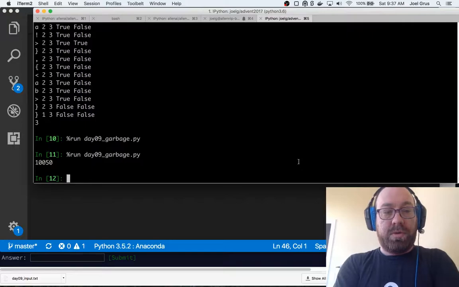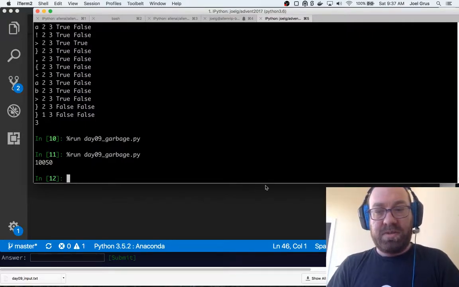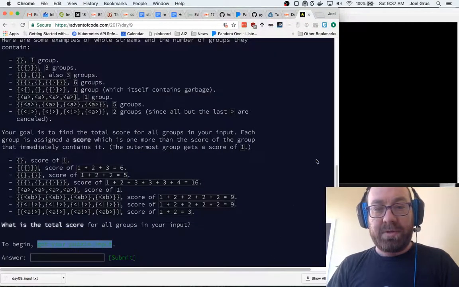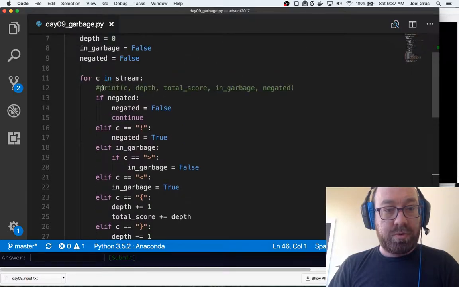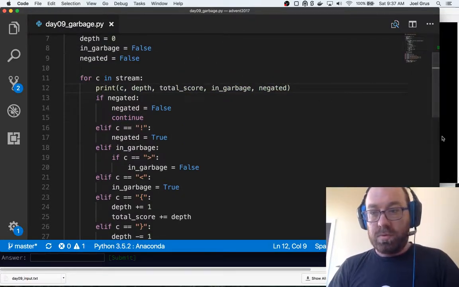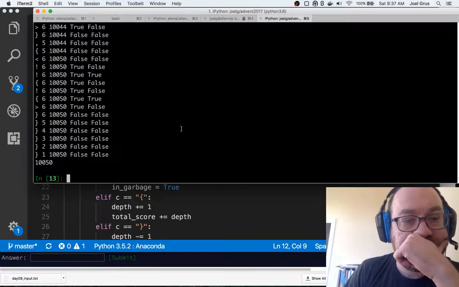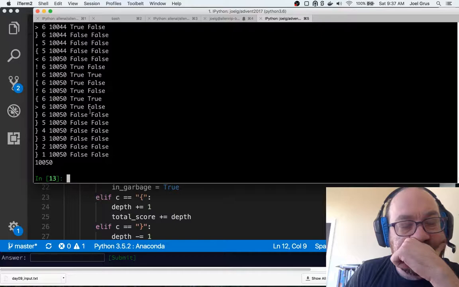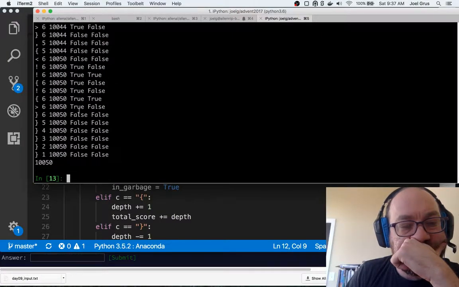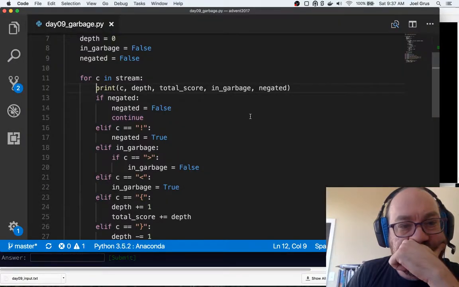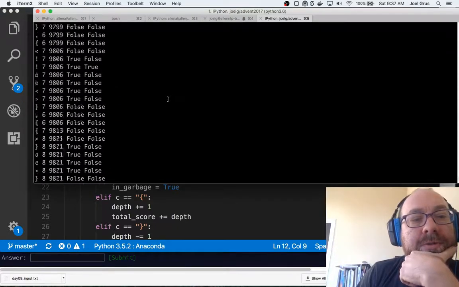So 10050. Let's run it in verbose mode and see what happens. That could be interesting. So it seems relatively well formed.